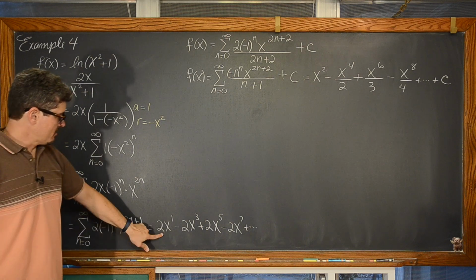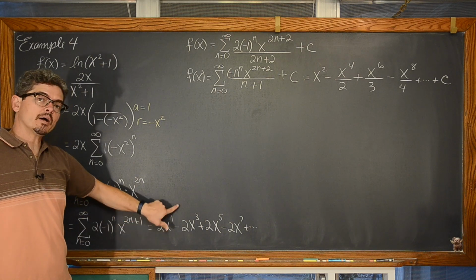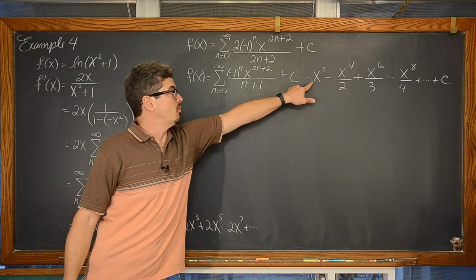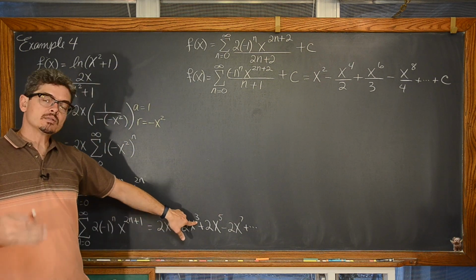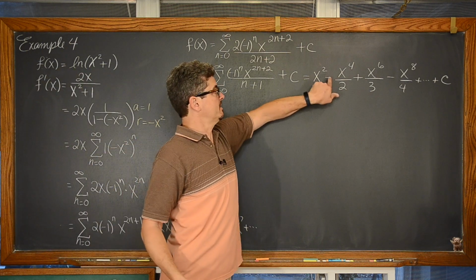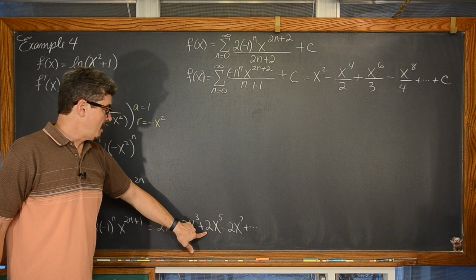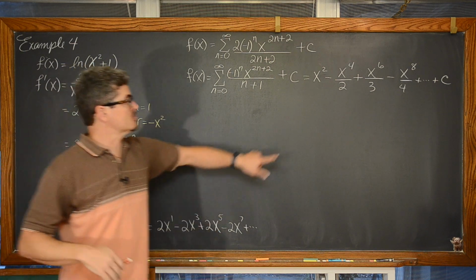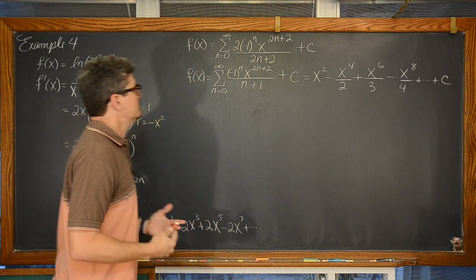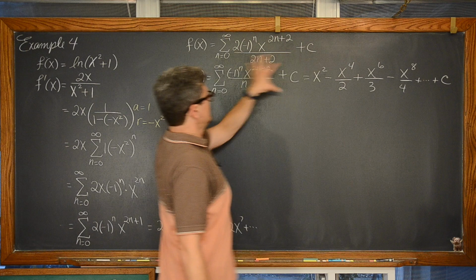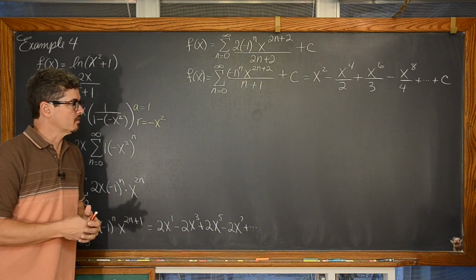Okay, so we have two things that are nice here. Look, if we integrate this, if we raise this power by 1, x squared, 2 divided by 2 is 1. If we raise this by 1, we get 4. Divide by 4, 2 over 4 is 1/2, and it indeed is negative. We have a positive, we have x to the 5th. Divide by 6, 2 over 6 is 1/3. So yeah, we can check term by term and make sure that our new series is indeed that correct integral.